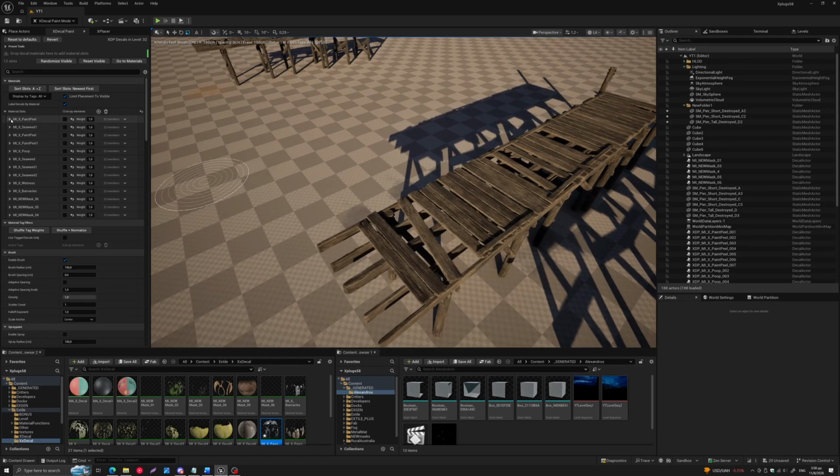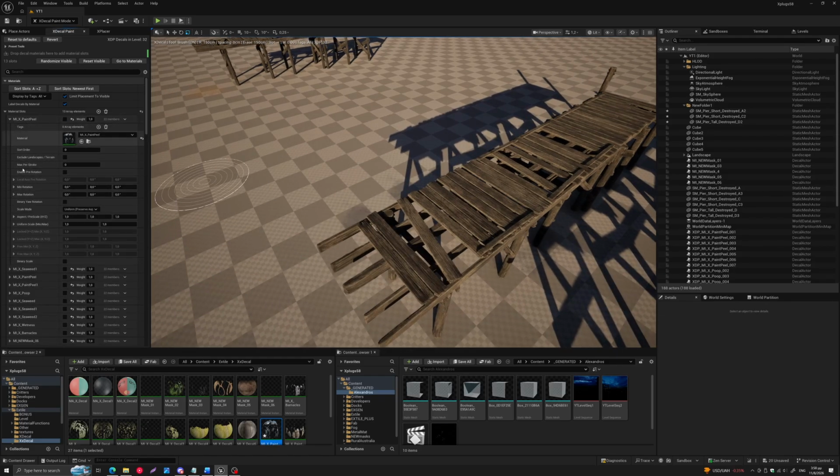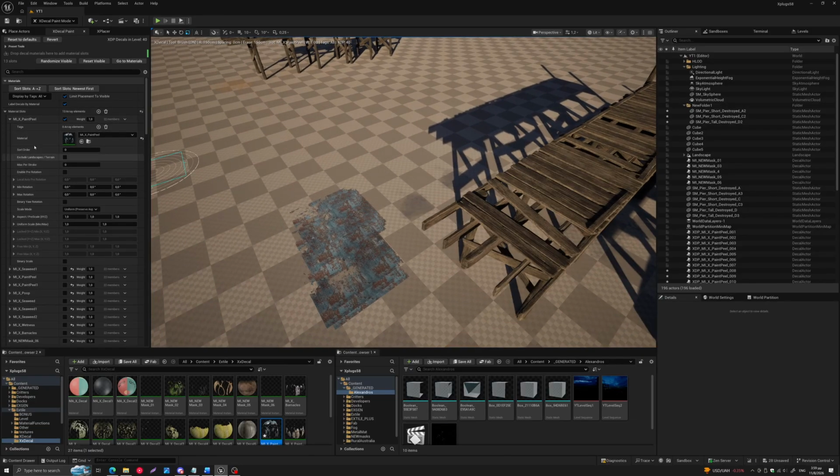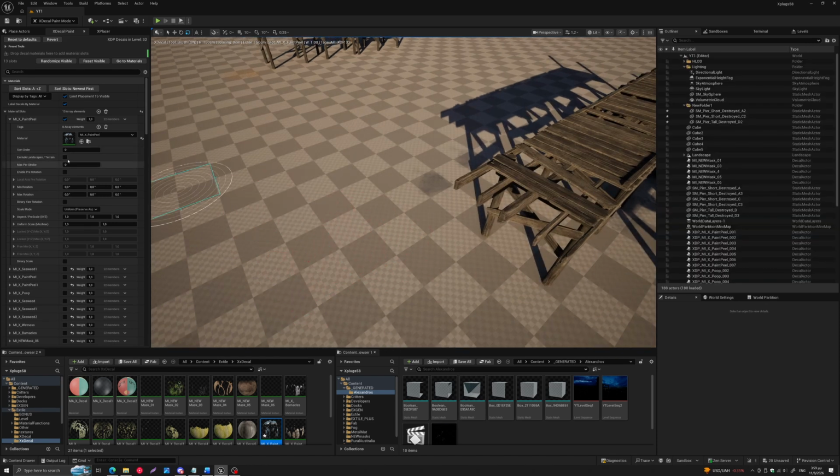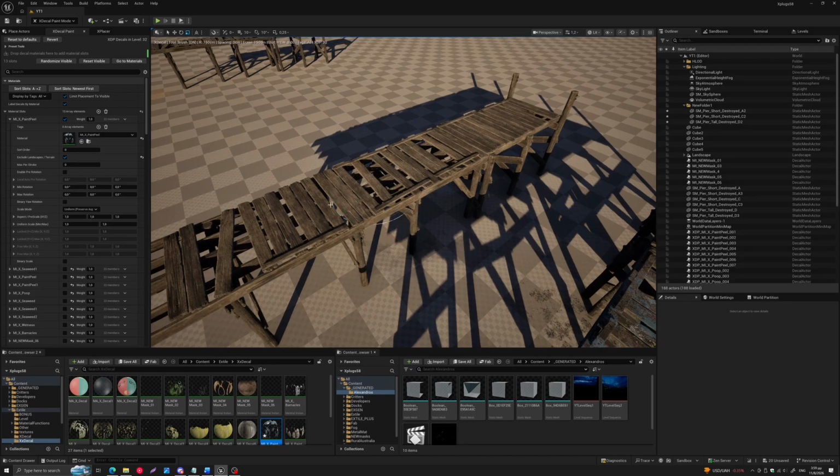The second thing is that now we have another toggle here in each material decal called exclude landscape terrain. So by default, if I enable this decal and I come here, actually I have them both on. No, actually it's correct. So I'm applying the paint peel on the landscape, but say I don't want to have that landscape be included, then if I toggle that on, I can't paint any decals on the landscape, but I can paint them